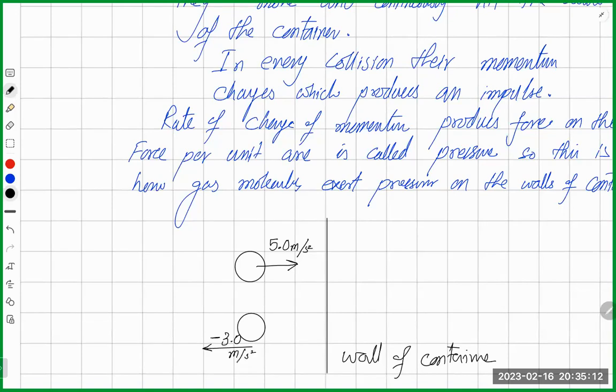What will be the change of momentum for this one if mass is say m kg? So change of momentum will be 5m minus